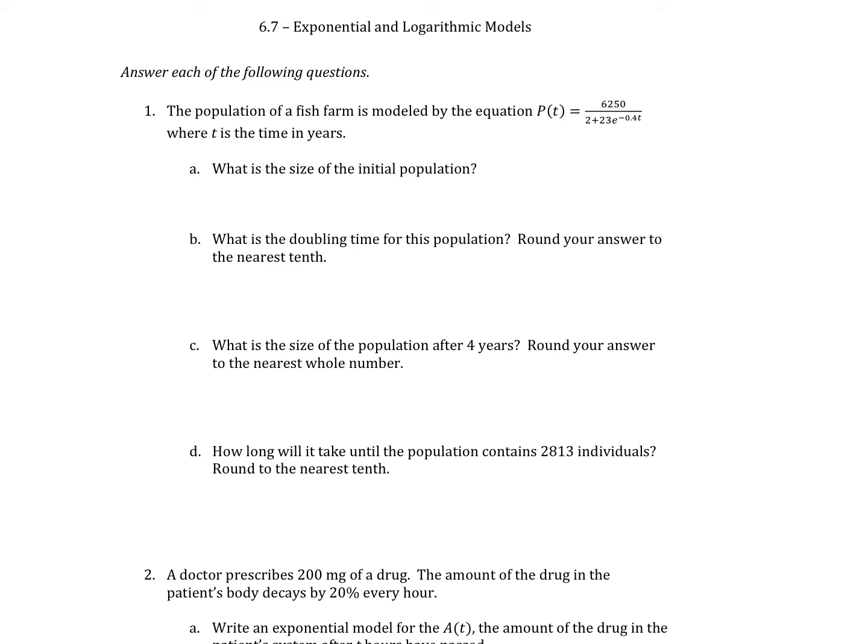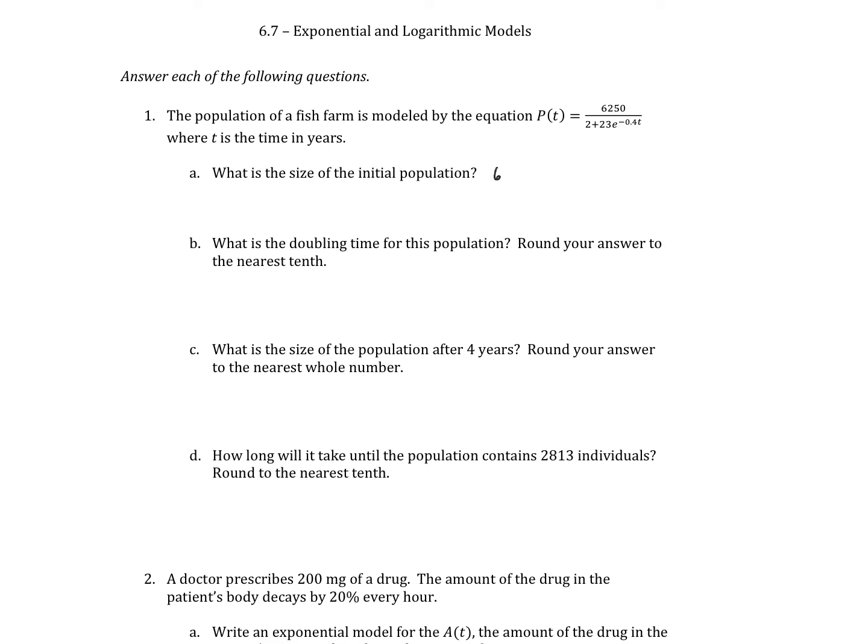So number 1, the population of a fish farm is modeled by the equation P of t, where t is the time in years. So P is the population, t is the time in years. What is the size of the initial population? The initial population is the size at time 0. So what you're going to do here is just plug 0 in for t